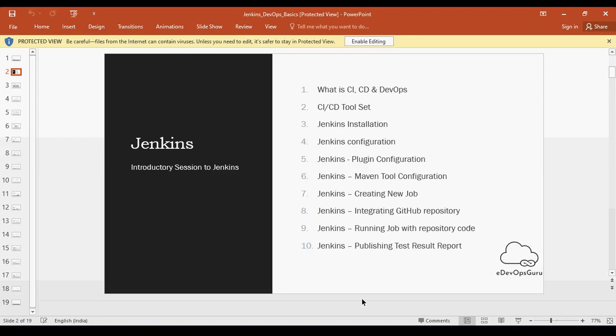How to install a particular tool. Then we created a sample job. Then we integrated it with GitHub, and then we saw how to run this job with the code in GitHub. And at the end, we saw how the code coverage works and how we can publish the code coverage as well as test results.